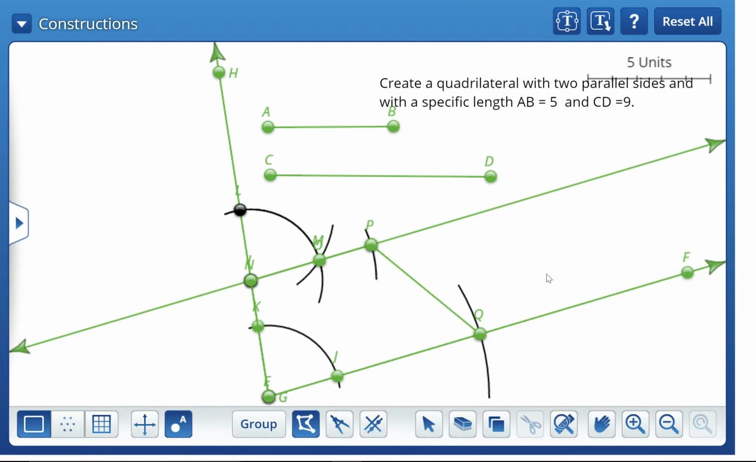Okay, now look at the quadrilateral, this one right here. It looks like a trapezoid. One of the key features of a trapezoid is that they have two parallel lines, okay, that are a very specific length. So